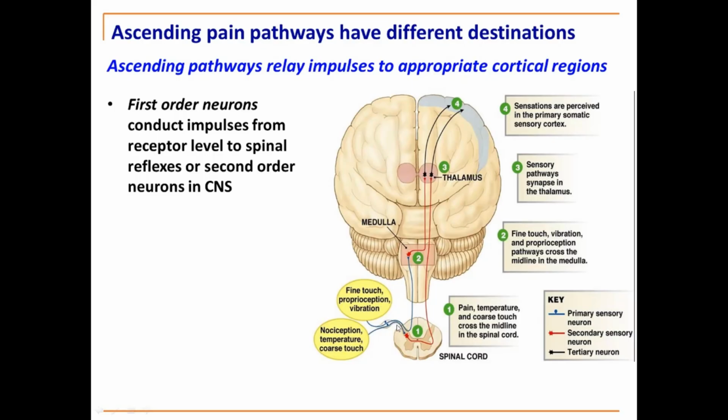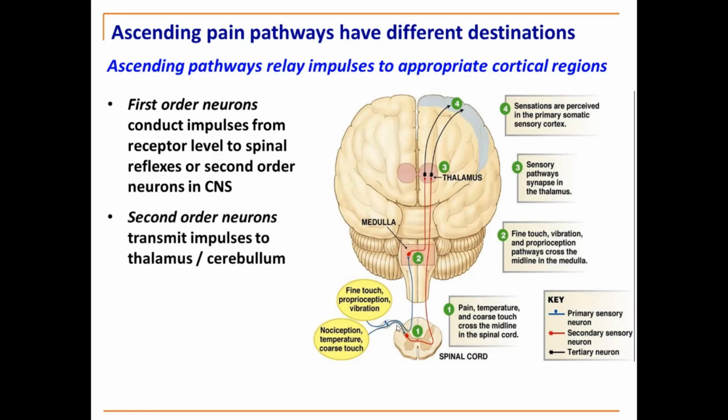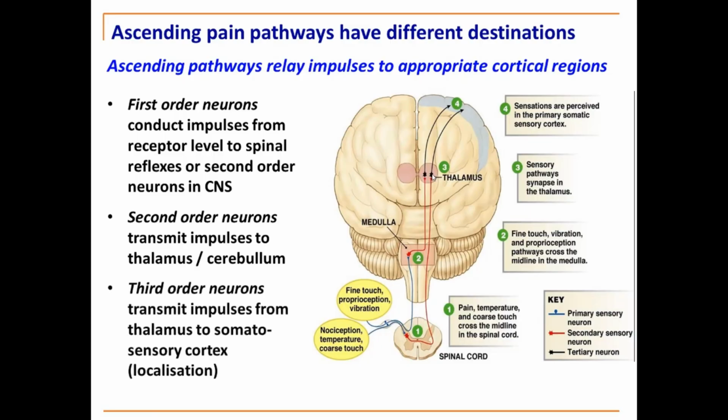You can then see our second order neuron, which is in red. So second sensory neuron, they've called it. I thought first, second order neuron. That is then transmitting, that crosses over, as you will know, and transmits the information up to the thalamus or to the cerebellum. Okay, so it will go to the cerebellum when we're thinking about proprioceptive information. And then your third order neurons will go from the thalamus to the somatosensory cortex, for example, to get that